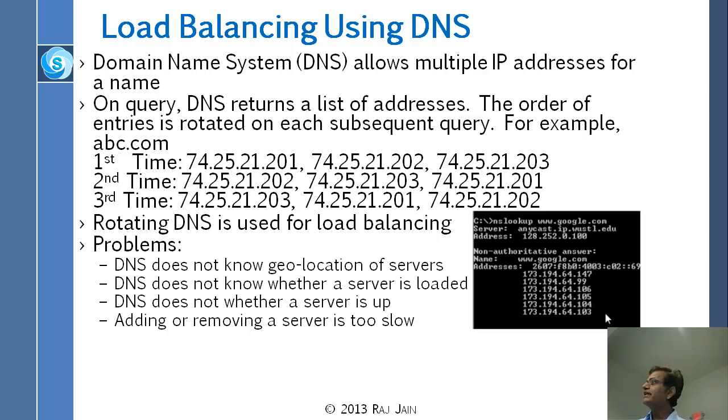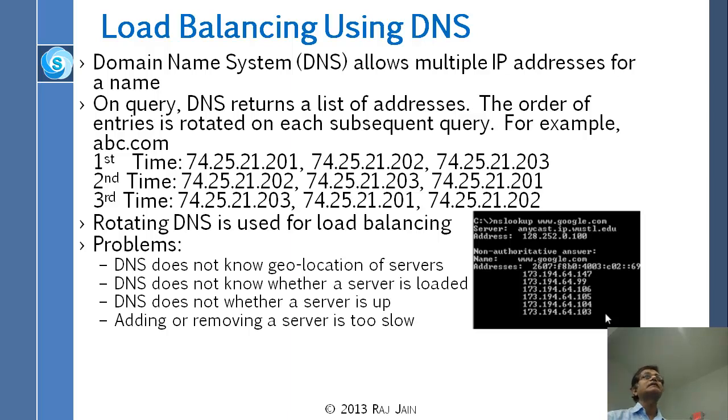Alright, so rotating DNS is used for load balancing. The problem with this is that it doesn't know the geolocation of the server. So it doesn't know that the second one is in China, or that this one is in India, or that one is there. It doesn't know whether the server is loaded. It doesn't know whether the server is up. You gave the address on January 1st, and then you are asking on December 31st again. Who knows what happened to those servers, right? And adding or removing a server is too slow,